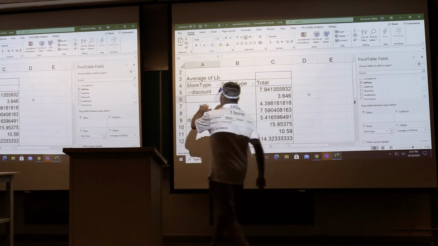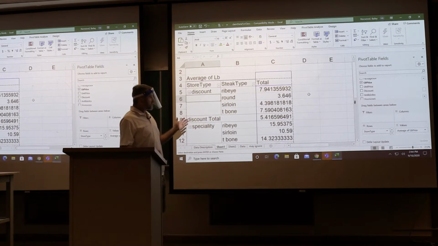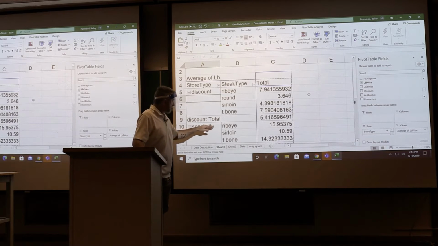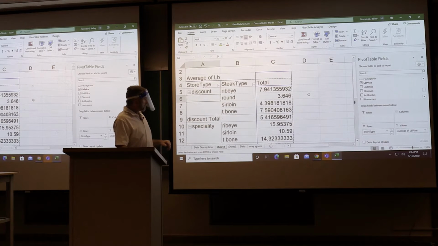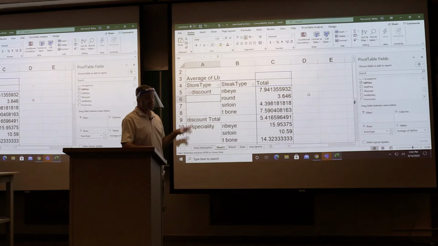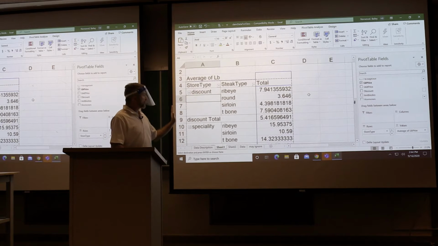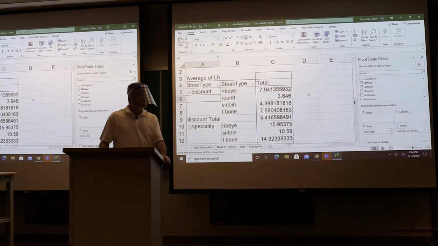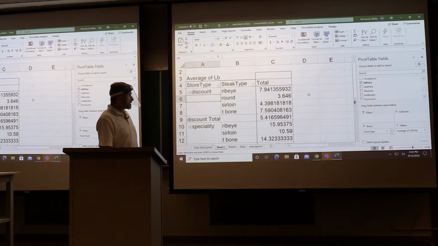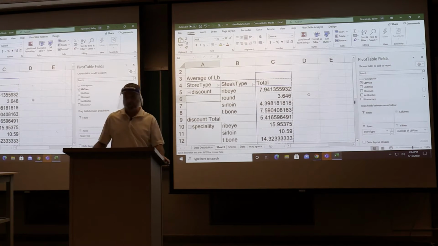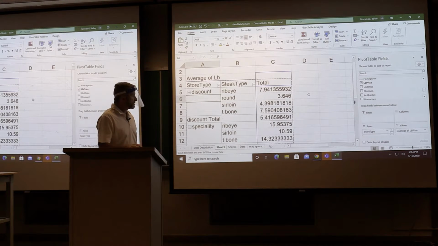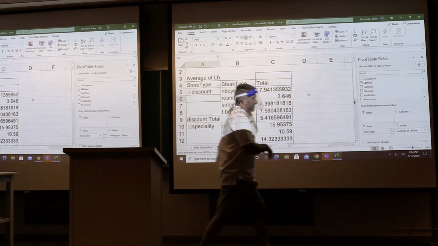Now I've got store type over here, and so it's still going to tell me the price of the ribeye at the specialty store, price of a T-bone at the discount store. But suppose you had it ordered like this, and I asked you the average price of a ribeye across all specialty stores. What you wouldn't want to do, and I think you may have done this,